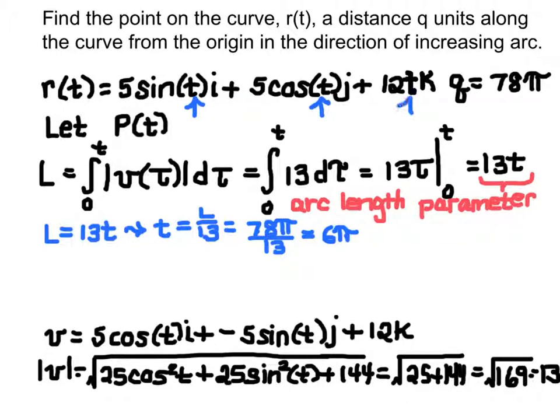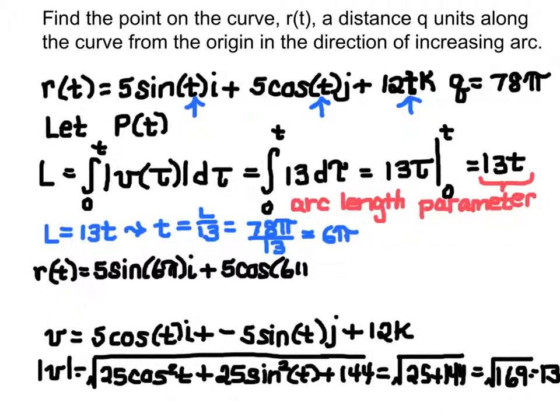And we want to substitute the 6 pi into t for our curve, r of t, and we get r of t is equal to 5 times the sine of 6 pi in the i direction, plus 5 times the cosine of 6 pi in the j direction, plus 12 times 6 pi, and that's 72 pi in the k direction. And we lose our first term because the sine of 6 pi is 0, and we end up with 5 in the j direction plus 72 pi in the k direction,